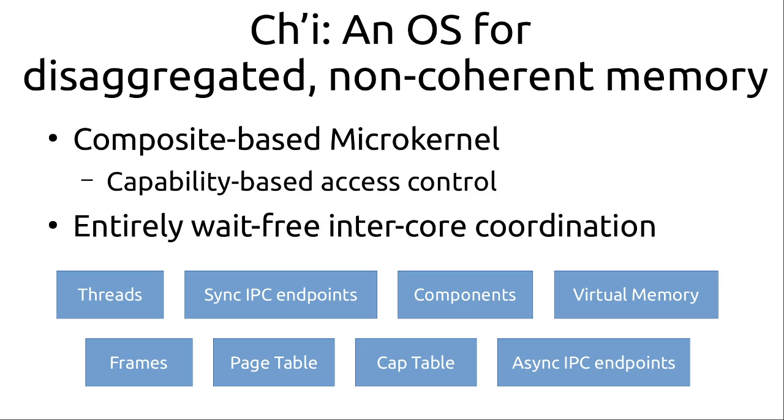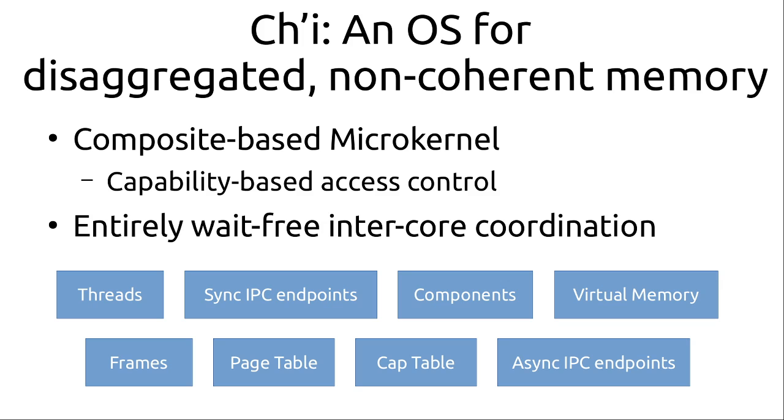Note, they do assume a coherent system, so I had to change the core of the system significantly, but at its core, it provides lock-free synchronization and therefore works slightly easier with non-coherency. It provides very simple operating system abstractions like threads, and IPC endpoints for communication between components, where components are a capability table and a page table effectively put together. They are the protection domains within the system that limit access to different resources, including the disaggregated memory that can be accessed through the virtual memory.